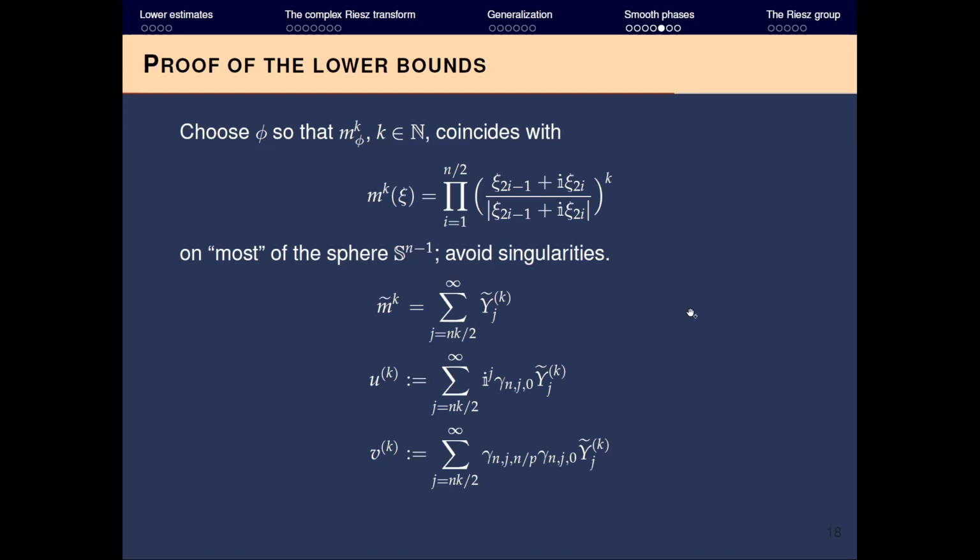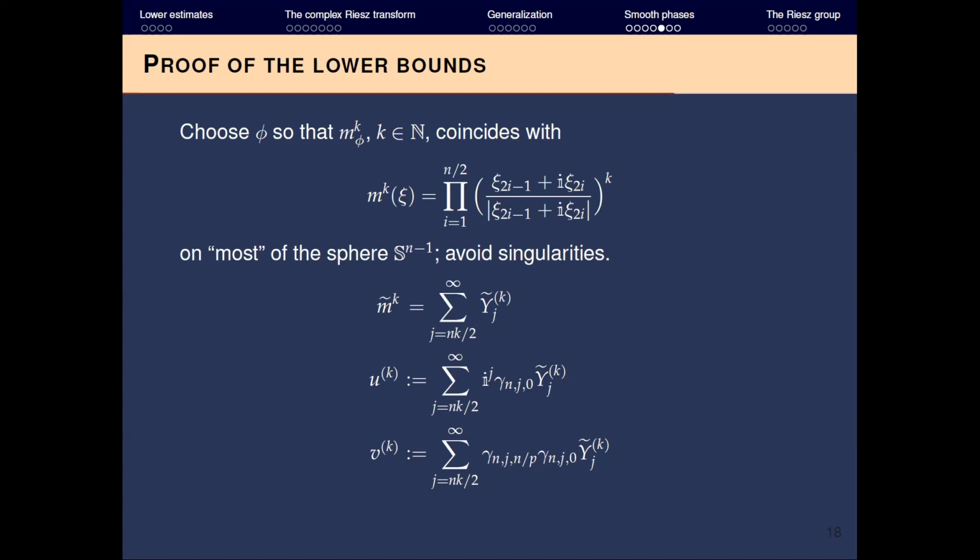So how do we proceed? Of course, we need to plug in something to our general theorem. So what do we plug in? Well, it would be ideal if our symbol was just this function, just a product of certain two-dimensional rotations, or a product of rotations in two-dimensional planes. But this is horrible. This as a symbol would be horrible because this is too singular, right? It's actually singular on many two-dimensional planes,